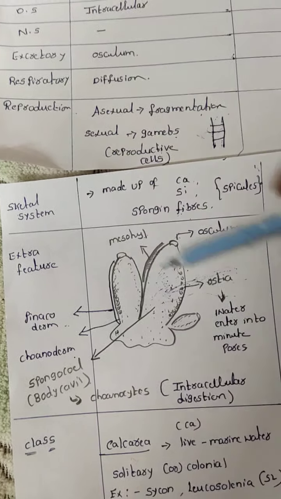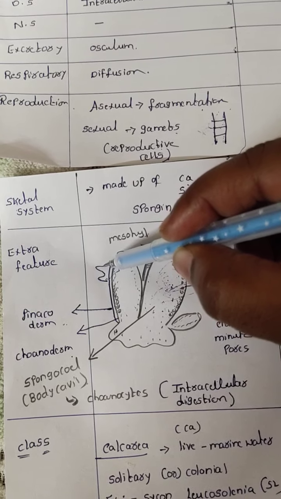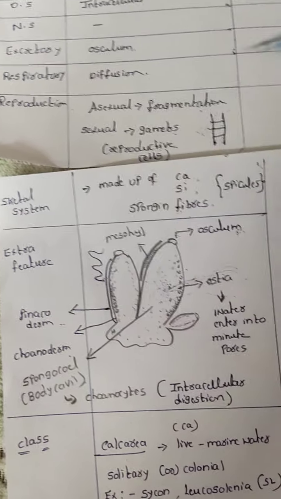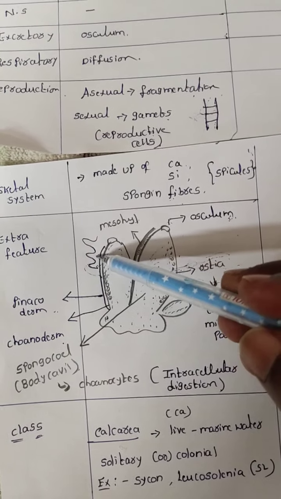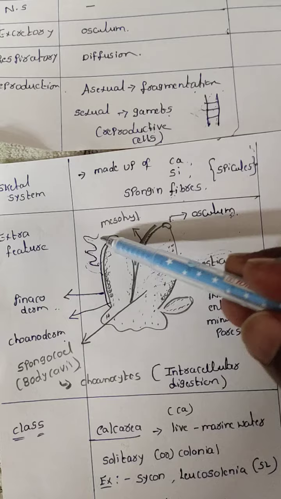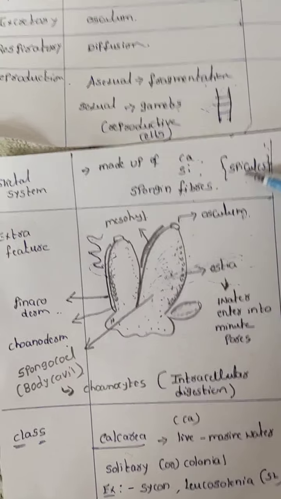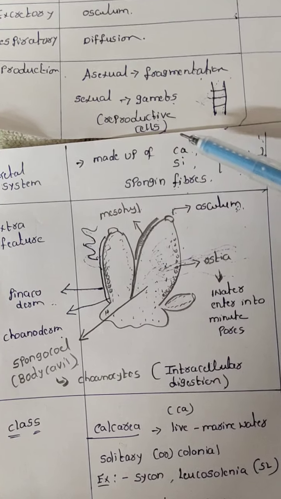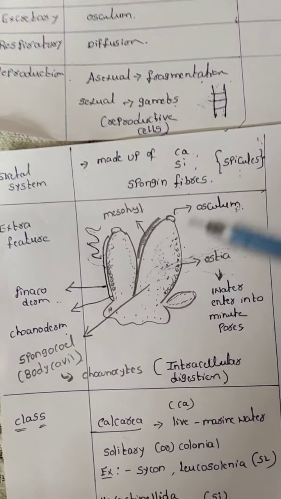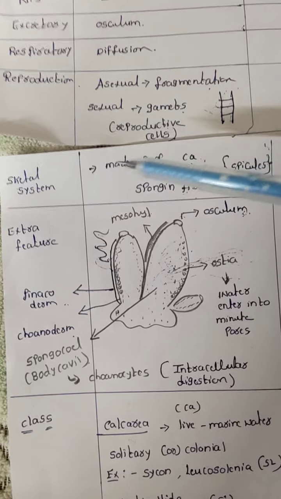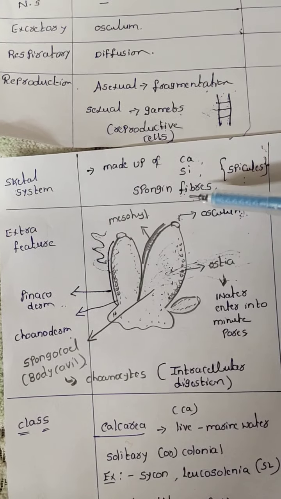This skeletal system is in the form of spicules. Spicules means the elevated and depressed parts are known as spicules. That's why the skeletal system is in the form of spicules. It is made up of either calcium, silicon, or spongin fibers. Based upon what skeletal material they make, calcium, silicon or spongin fibers,